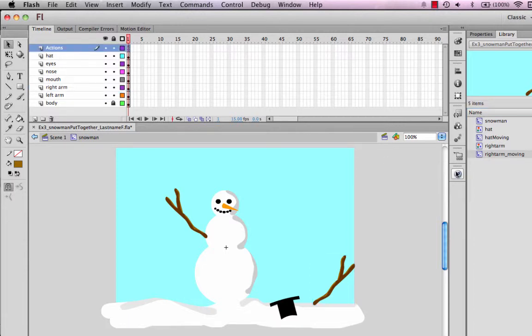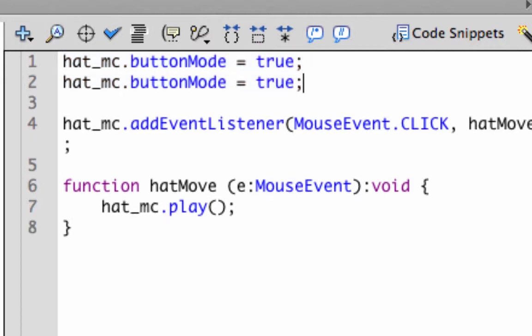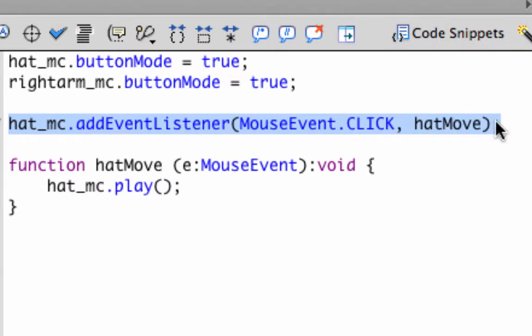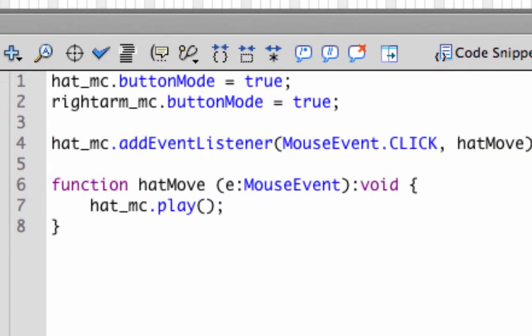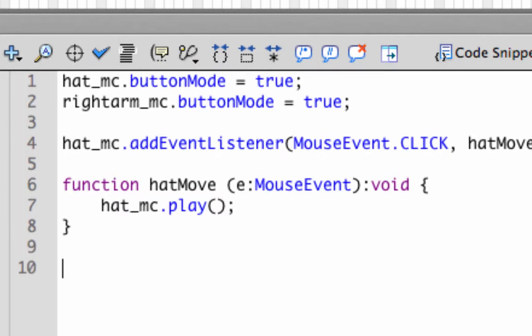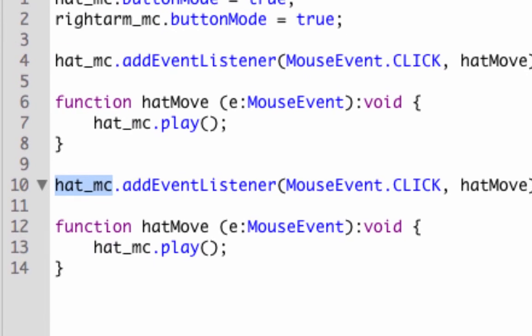So anyway, what I'd want to do is now that I have this, I could go back up to my actions, and everything I could do, I could copy and paste. I could copy and paste this thing and make it be right arm, button mode equals true, and then I could copy, let me make this so you could see it a little bit better. And you could put all the listeners all together, or you could do listener function, however you want. I'm going to do listener function in this case, and I'll hit a double return. Now instead of hat MC, I'm going to do right arm MC, and this is where you could just copy and paste stuff. Right arm MC, paste it,